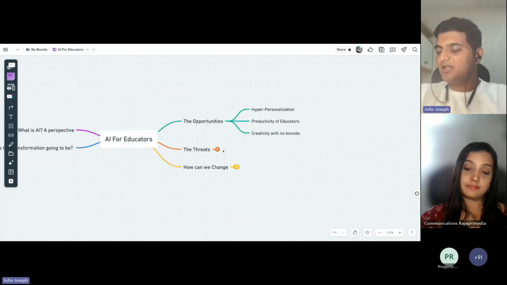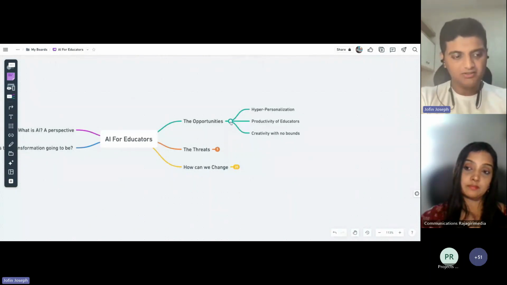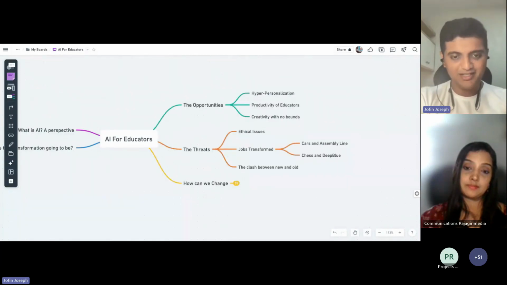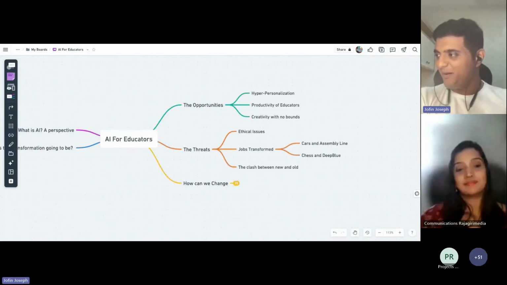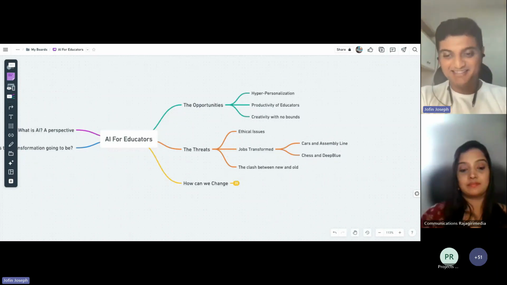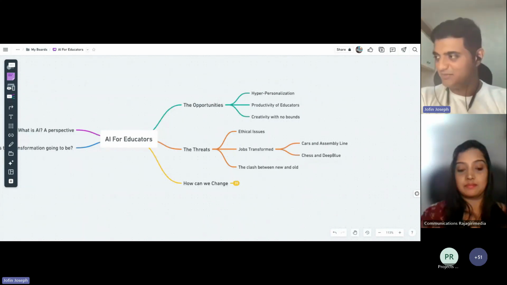Now, that's on a very high level the opportunities that something like this is bringing to you. Now, let's talk about the threats, right? Obviously, there are threats. I don't want to spend too much time on it because threats are threats. It will be there. You might already be seeing a lot of assignments probably created by ChatGPT, which might or might not be seen as a threat. If we talk more about it, we might disagree quite a bit. I see that as positive. But in the current educational system, these can be problems.